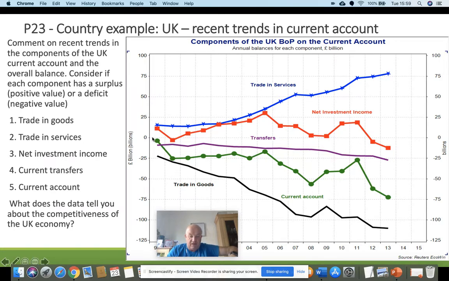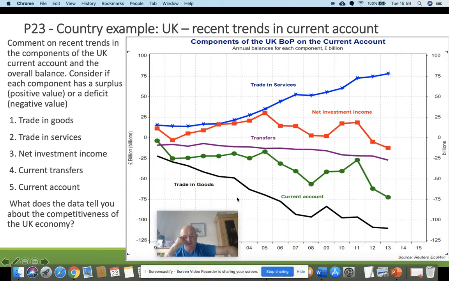Yeah, so if we're above the zero, we're in surplus. If we're below the zero line, then obviously we're in deficit. Okay, in terms of what's been shown on the graph. Okay, in terms of the other things that we need to look at, that each different type of component is